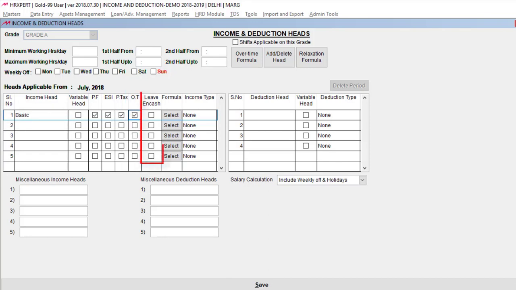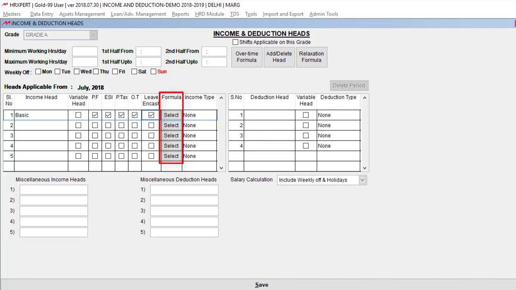After this, next is leave encashment, and leave encashment varies from company to company. Some companies have a policy to encash all of the leaves, and some companies do encashment after the completion of a year. For example, they carry forward 10 or 15 leaves and the rest get encashed. So now you will tell the software on which amount the leaves should be encashed. Most companies give leave encashment on basic only. But if you want, then on whichever head you want to give leave encashment, tick the checkbox corresponding to it.